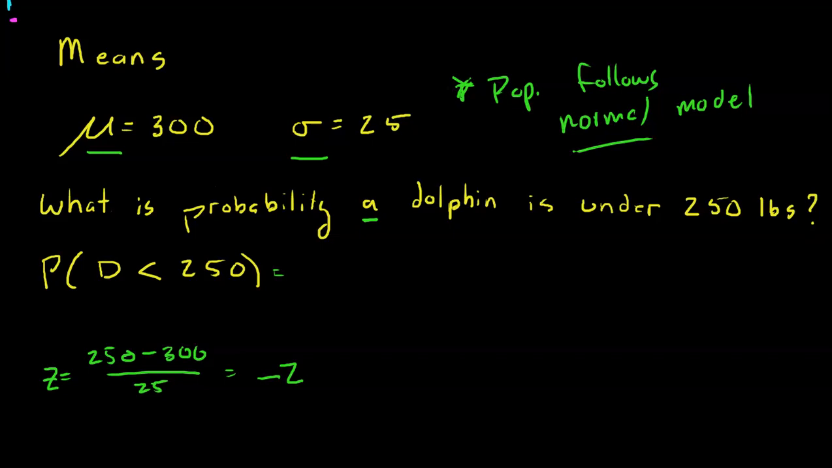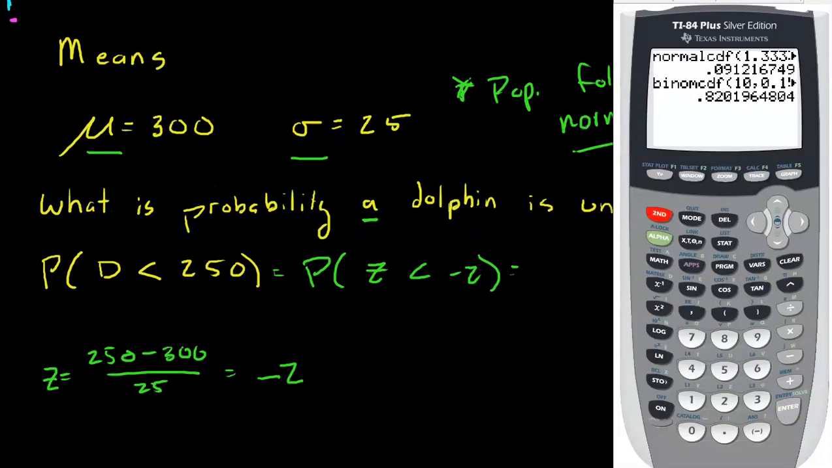So now to find the probability that a dolphin is less than 250 pounds, I need to find the probability that a z-score is less than -2. You could grab your normal model table or grab normal CDF on your calculator. Now I'm looking below, so I want to start at -infinity, which is going to be -99. I don't have an infinity button on my calculator, so I'm using -99 as an unbelievably low z-score, to an upper bound of -2, and I get an answer of